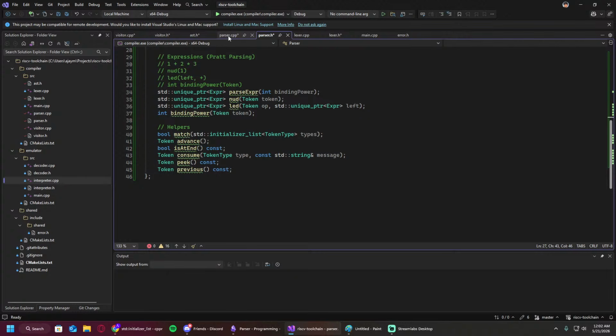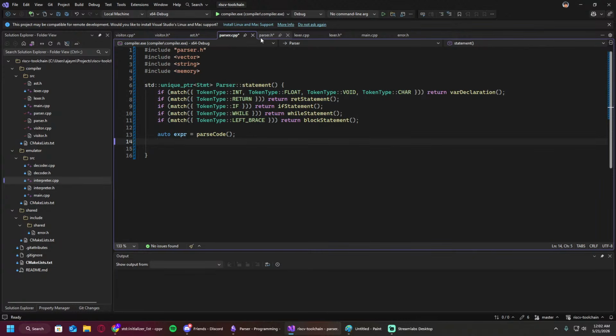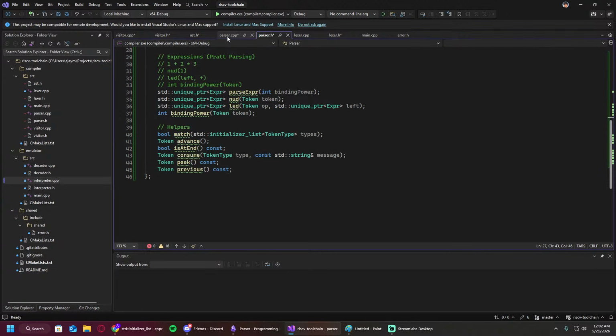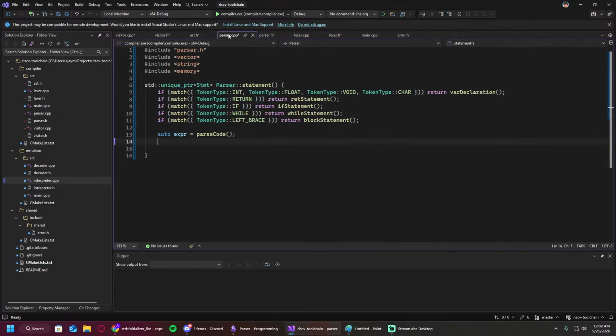So we know that we're entering the if statement, but we need to actually consume the tokens and check if they're valid, to see if we have the actual valid if statement tokens that we need. Or no, that would be handled with the specific functions. So after a specific statement,